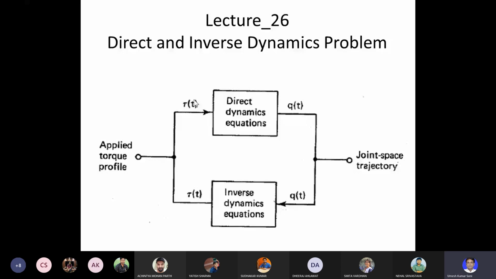Okay, once you have determined the torque and joint variable relationship, Euler-Lagrange equations for a certain robot, and you have mass m1, m2, m3 and all these variables a1, a2, d1, d2, d3, these fixed constants you have already known. Then for a certain applied torque you need to determine the joint variables q by solving the differential equation.